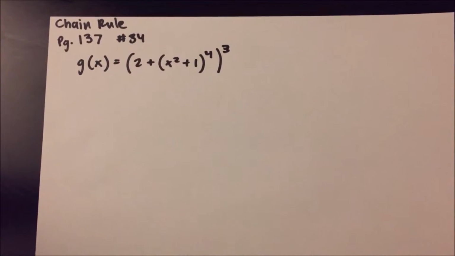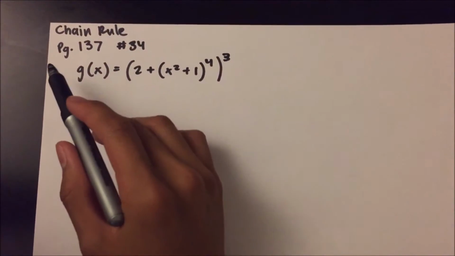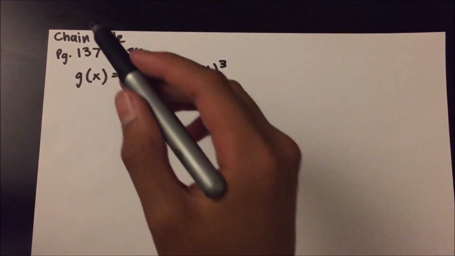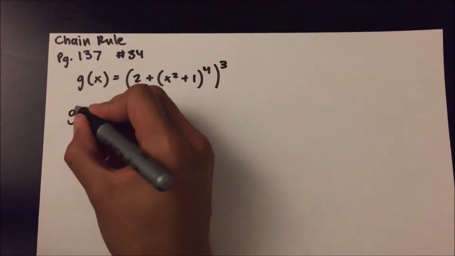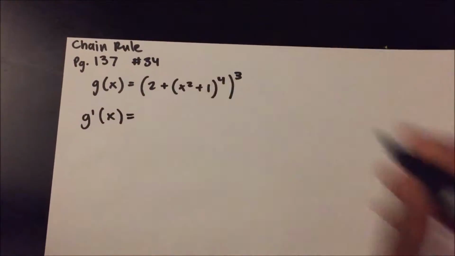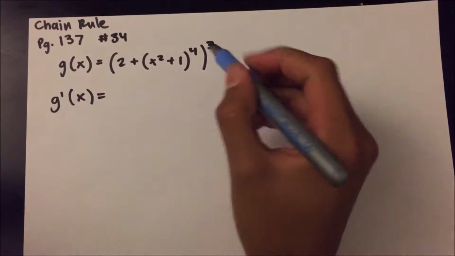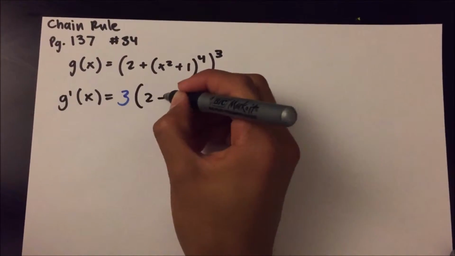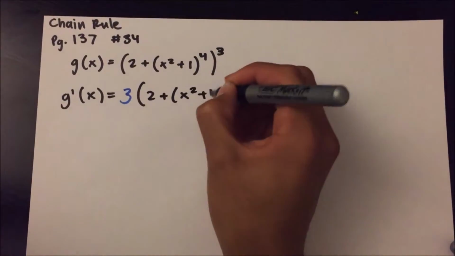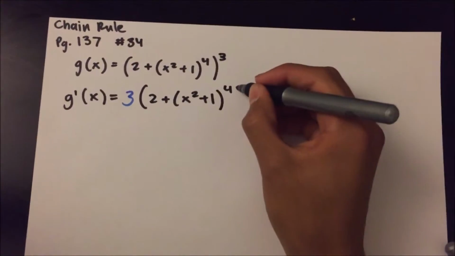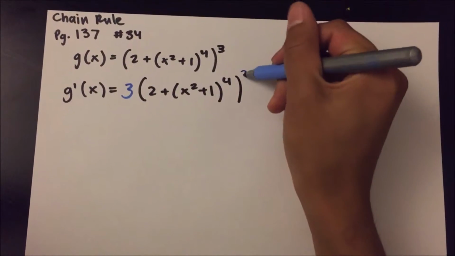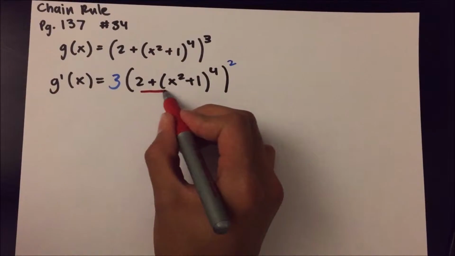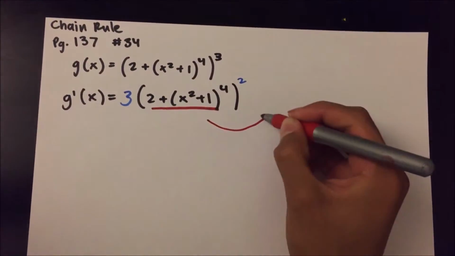Okay, so reviewing what we did in the video, we got page 137, number 34, and we're trying to find the derivative of g of x by applying chain rule. So we write g prime of x is equal to, we bring down the 3, so we write it right here, making this 2. And what chain rule basically is, you get the derivative of the inner function and you write it out as,